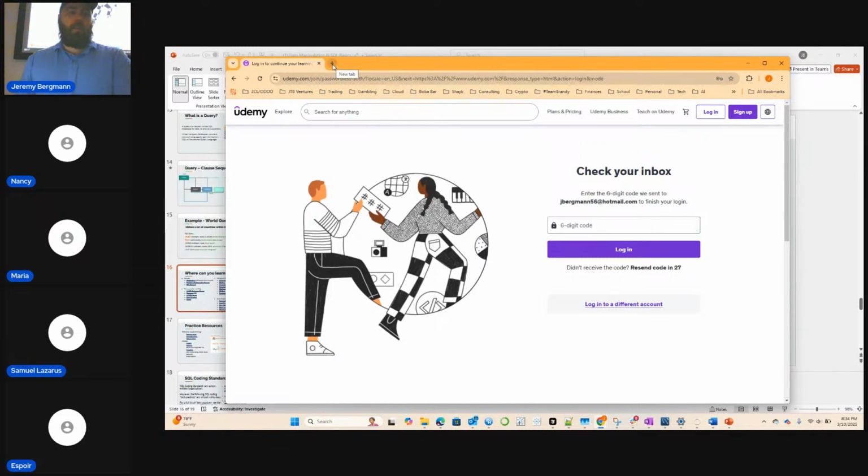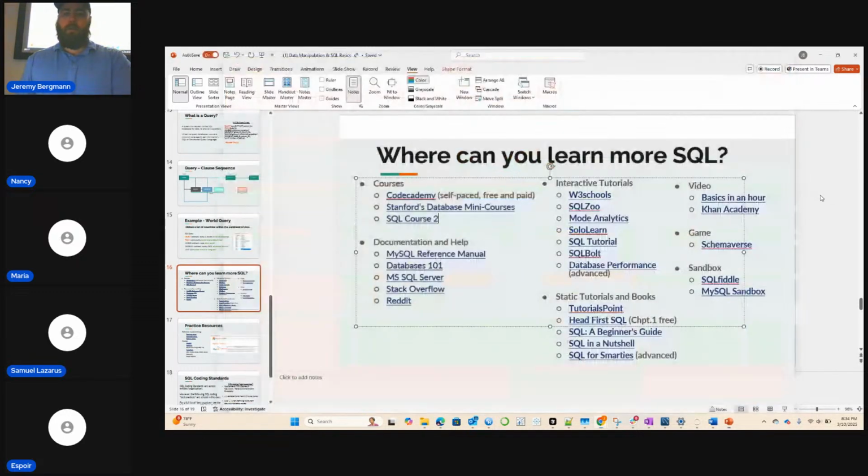Data Camp is really good for learning data. Did I have that in here? Maybe not in the database for it, but anything related to data science, Data Camp is good. I started a class on Data Camp recently on AI, but I didn't do anything with it. It's more ambition than anything. Documentation and help are less and less relevant now that you can look everything up because all of this is indexed.